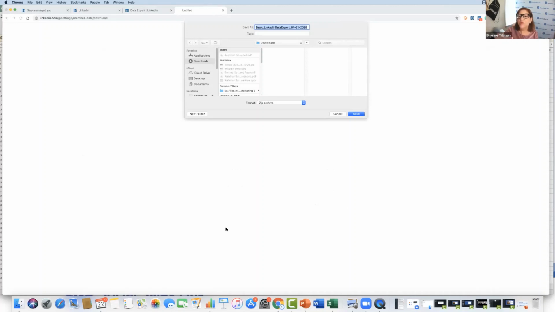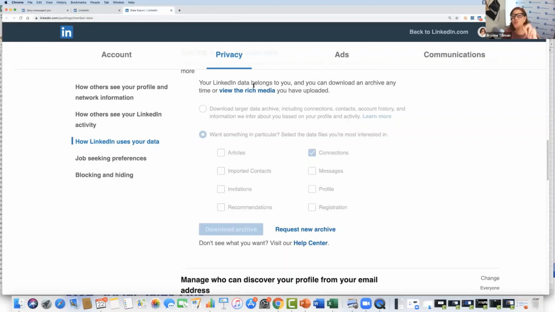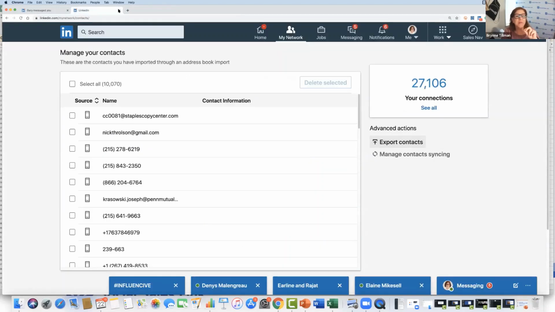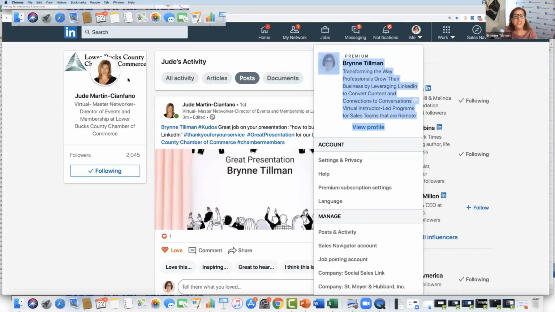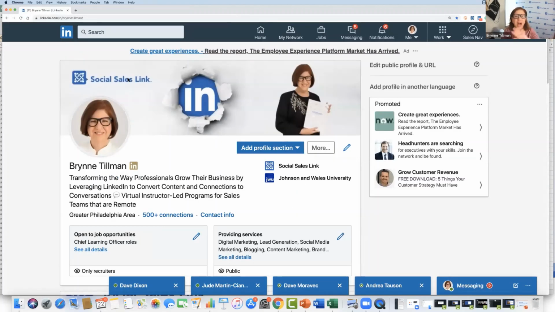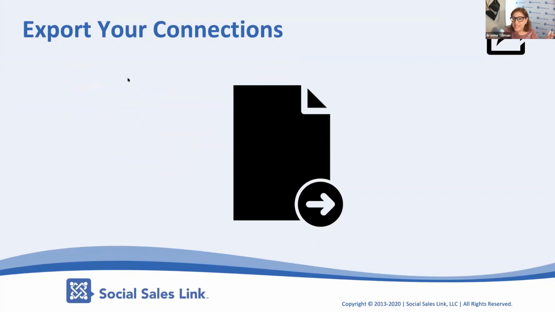You will click it and it will open a CSV that I save on my desktop and open with Excel. And then you can make it pretty and add your own columns. This is so important if you want to put a process around your outreach. I can't tell you how many people have come back to me and said, oh my gosh, this is amazing. I forgot about so many people that I should be getting in front of. So now that we have our list and you have your marching orders around this,